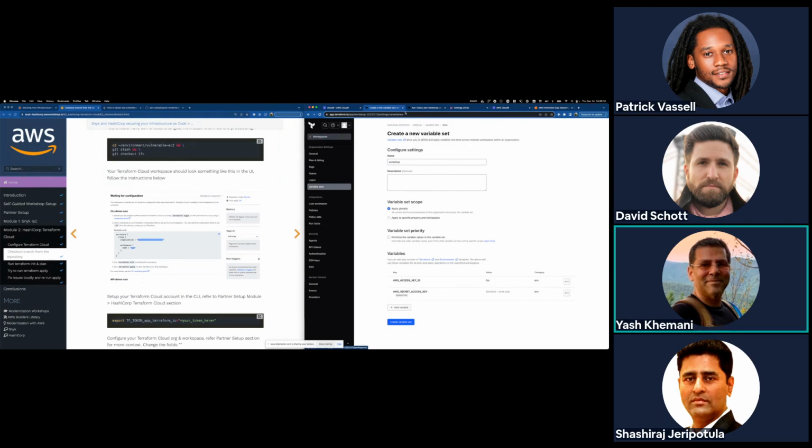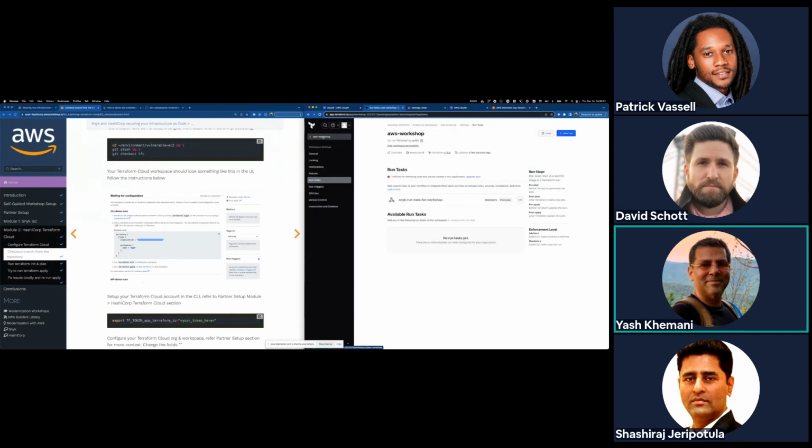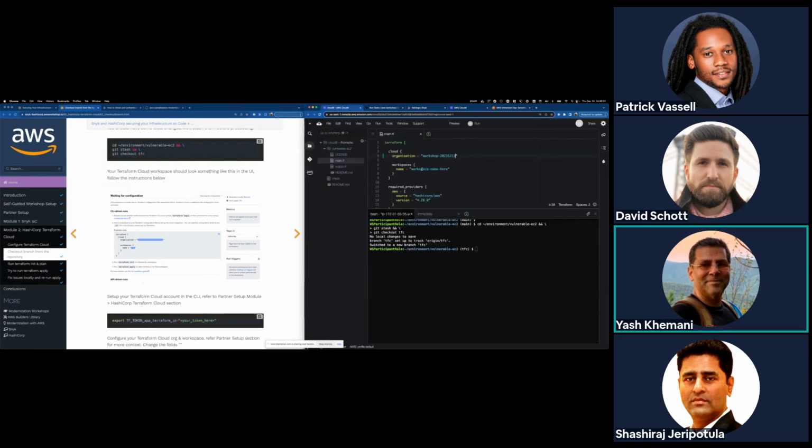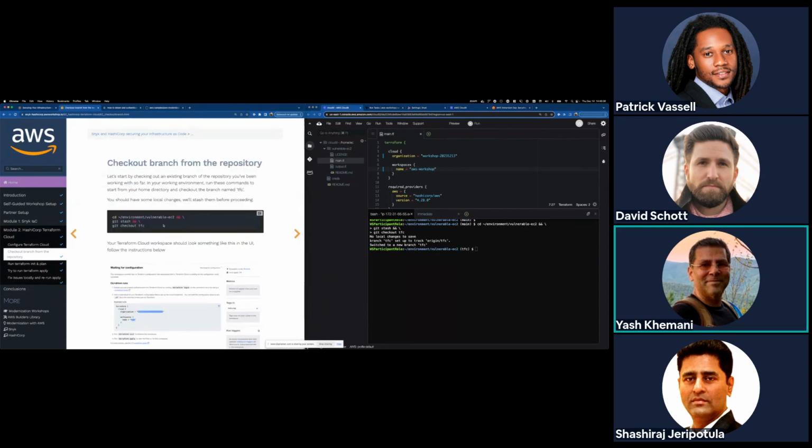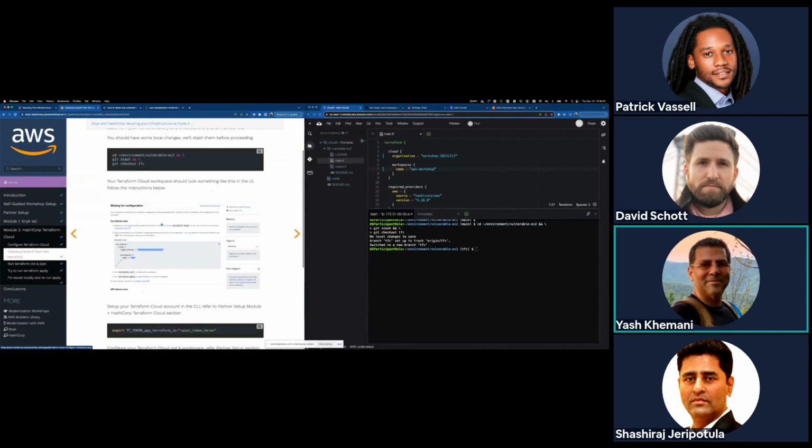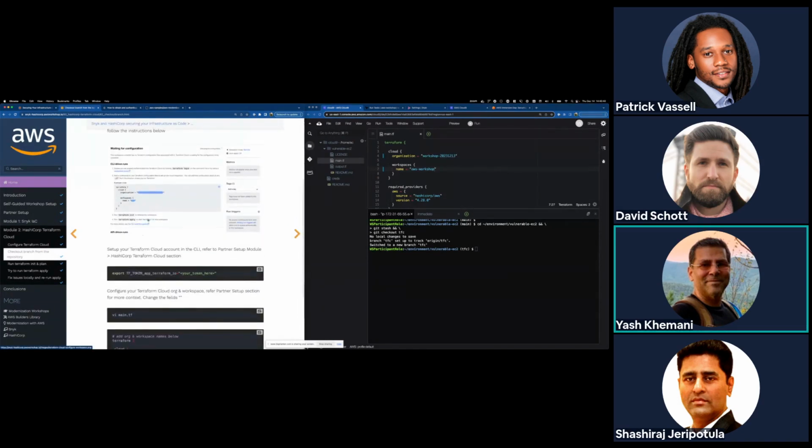I'll go to this one. So here I can grab the name of my workspace, which is AWS Workshop, and then populate that in here. Great. So this will tell my local Terraform run for this configuration which backend to use. It'll be this workspace in this Terraform Cloud organization.